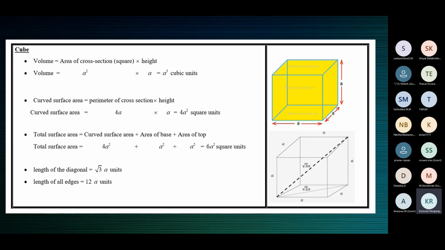So if the squares you have are of side 10 centimeters, you must stack them to a height of 10 centimeters. Only then will the length be equal to the breadth and equal to the height. If the squares you have with you are of side 3 centimeters, you must stack them up to a height of 3 centimeters, placing the squares one over the other till you reach a height of 3 centimeters. Only then will the length be equal to the breadth and equal to the height, and so the solid obtained will be a cube. Is that fine, children? Yes, ma'am.